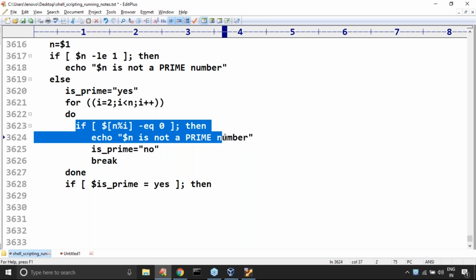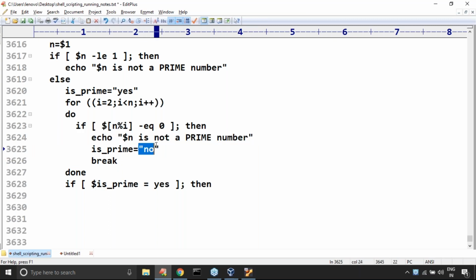If you find at least one factor anywhere in the middle, then compulsorily the value should be no. But here it is still yes, which means you can't find any factor in the middle. Then echo